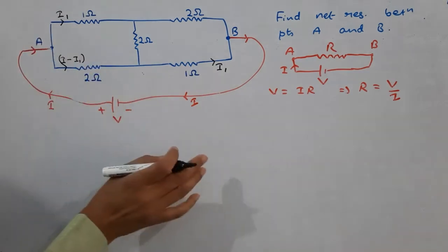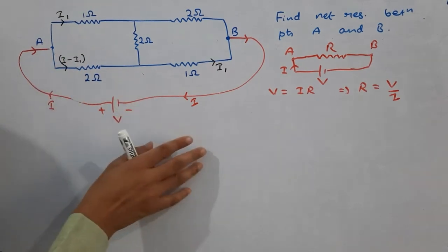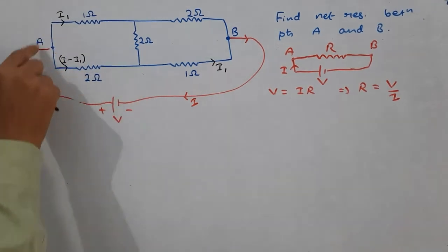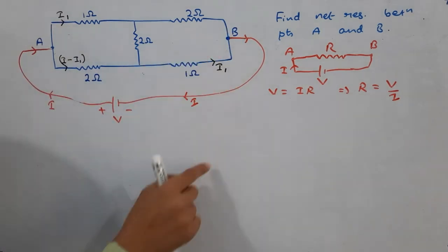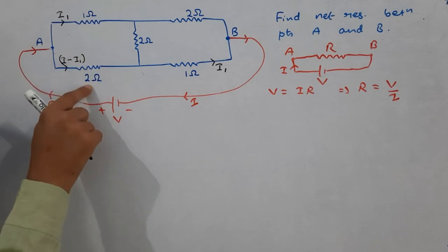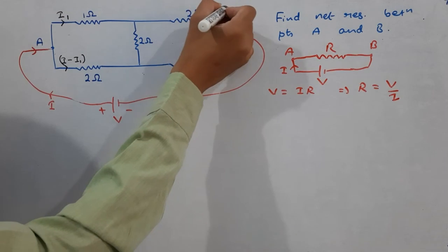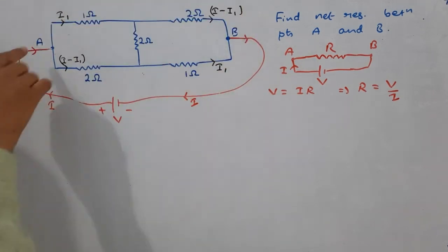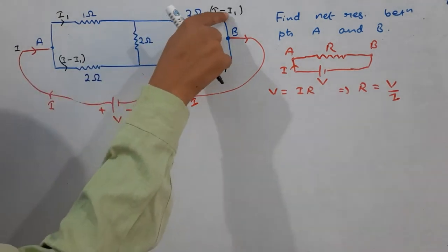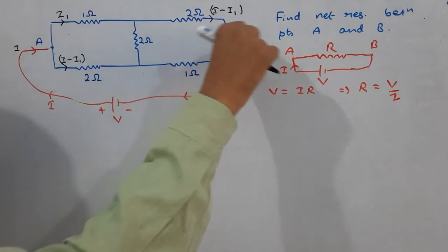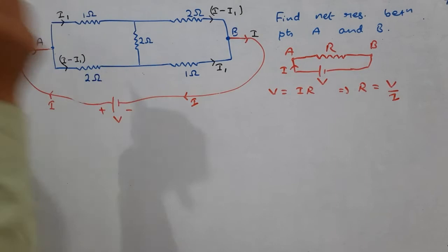Let me repeat again what I told. I told that standing on either side, the figure looks symmetrical. So because of symmetry, whatever current distribution takes place over here, the same current distribution should take place at the other end. I minus I1 is the current through 2 ohm. So through this 2 ohm, the current will be how much? I minus I1. Here current I was divided into I1 and I minus I1. Here the currents I minus I1 and I1 are recombining back to give the total current, how much? I.